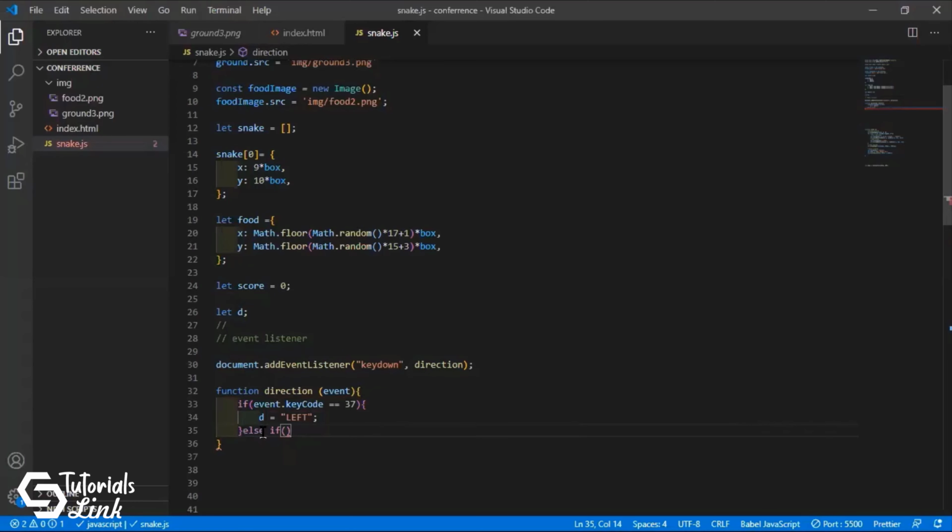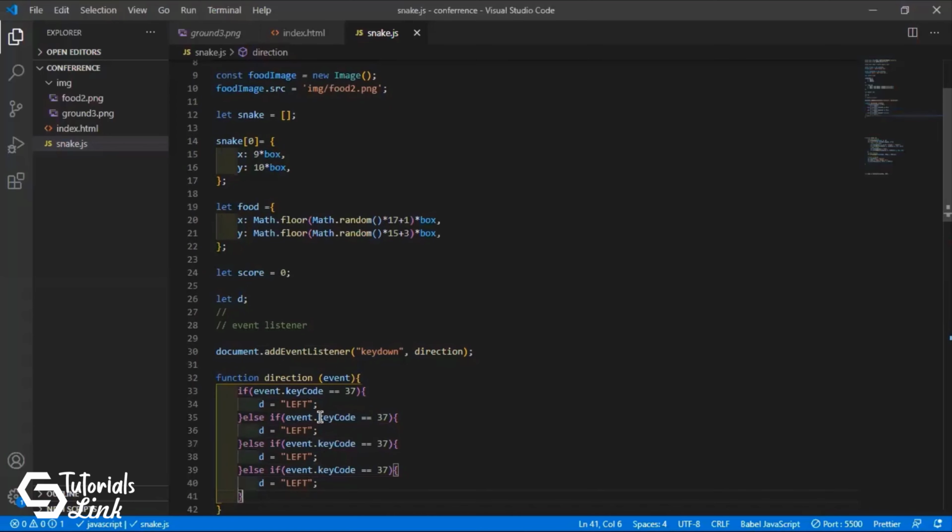Else if, so in the else if position, let's just copy this thing. So first is 37, then 38, then 39, then 40.